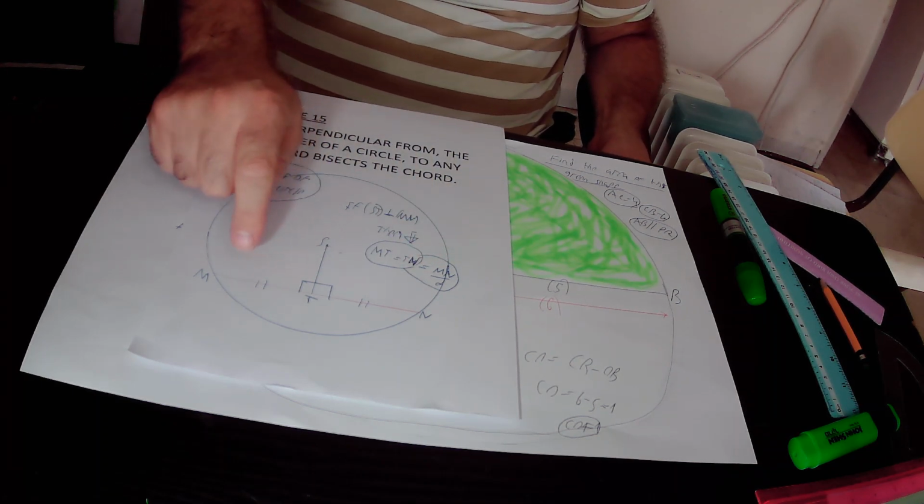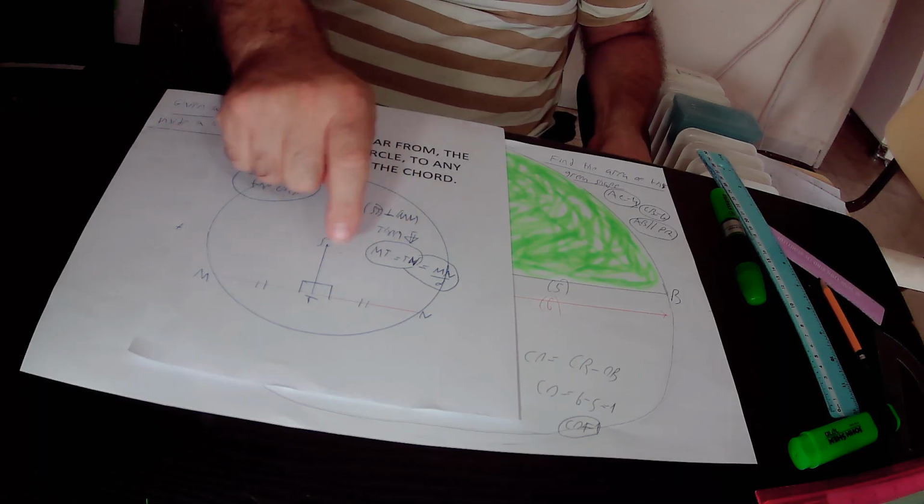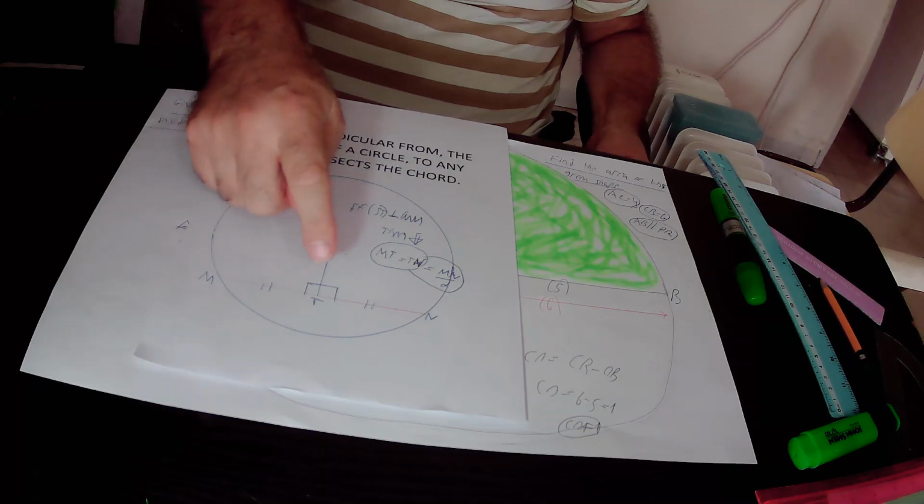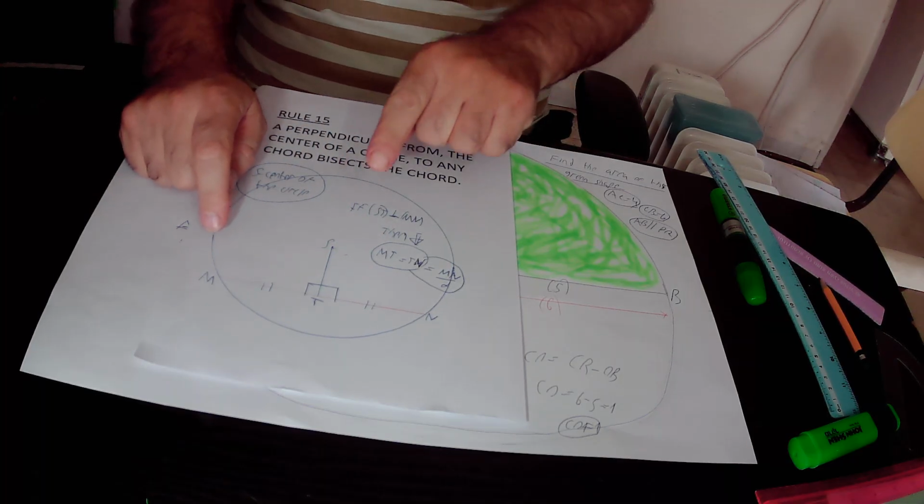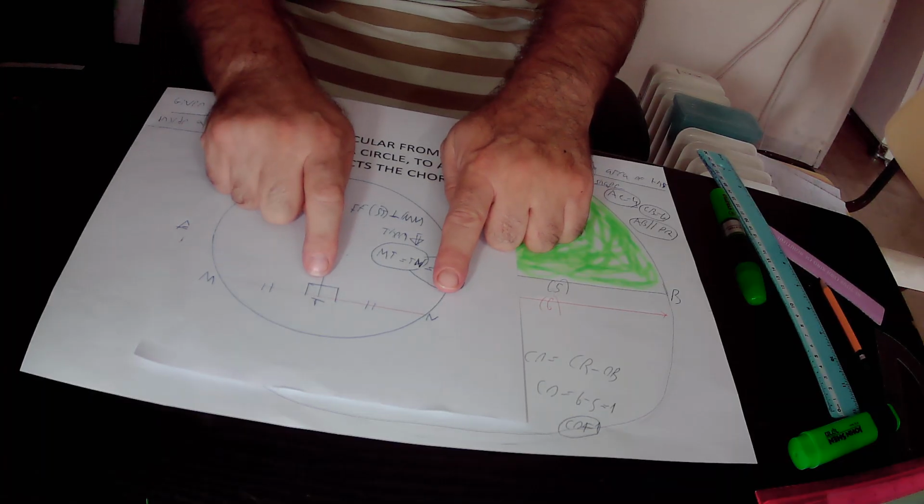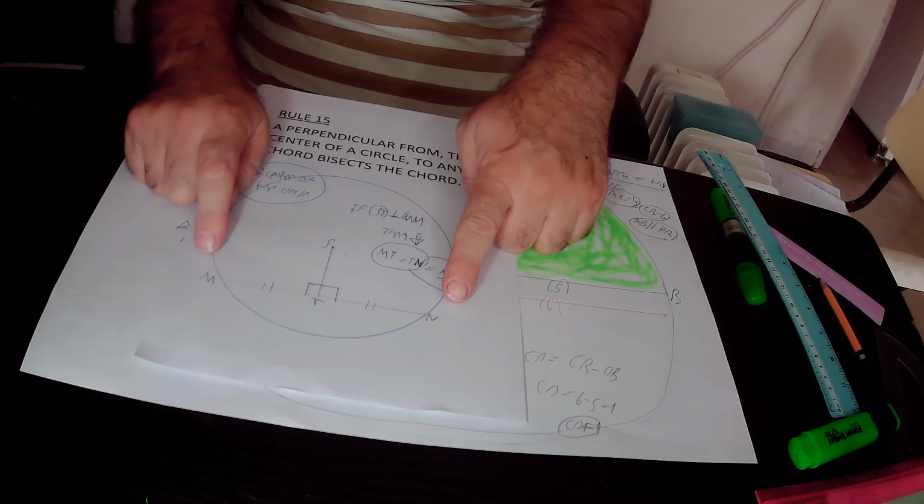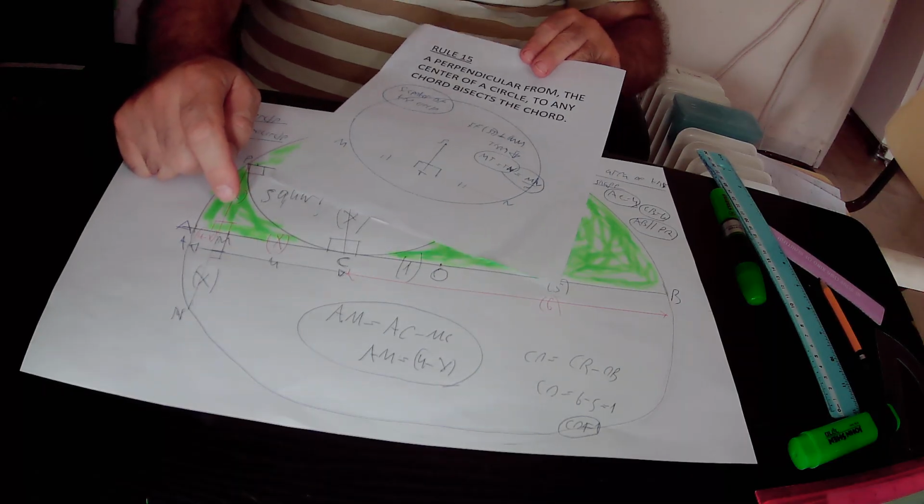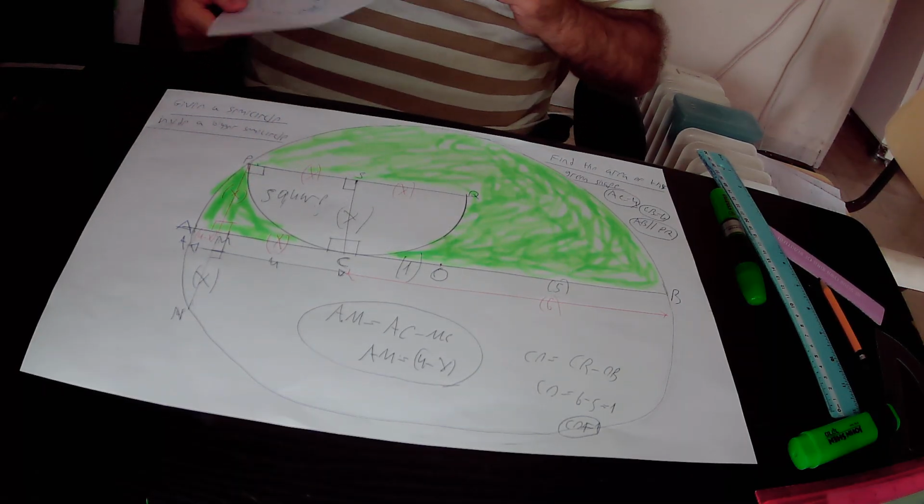If ST bisects chord MN, it means that at point T, MN has been bisected into two halves. The first half is MT, and it is of course equal to the second half TN. Each half must be equal to MN over 2 because MN has been bisected. So we can implement rule 15 in our drawing. Why? Because in our drawing